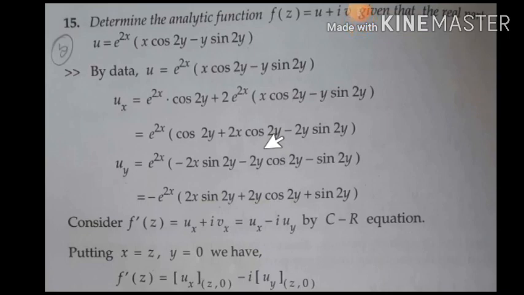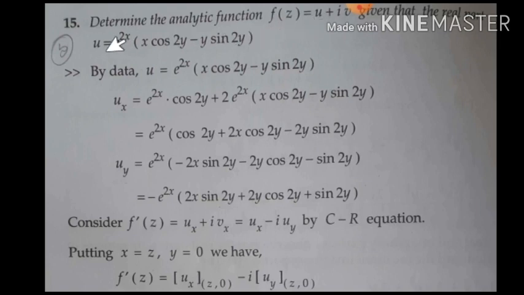The problems related to analytic functions: one type is where they give any one part of the complex function. It means they have given the real part, or they may give you the imaginary part, and they will ask you to construct an analytic function, a complex function, which is in the form of u plus iv. In the syllabus they have mentioned that you need to obtain an analytic function using the Milne-Thomson method.